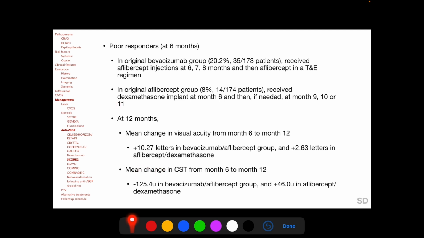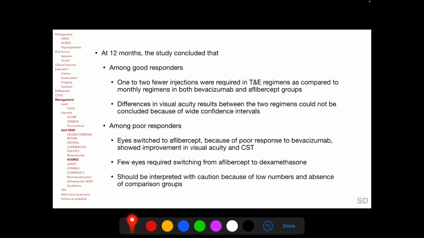And the mean change in central subfoveal thickness from month 6 to month 12 matched the mean change in visual acuity, with the bevacizumab aflibercept group having further reduction in macular edema, whereas the aflibercept dexamethasone group actually had an increase in macular edema. So at the end of 12 months, the SCORE 2 study concluded that among good responders,